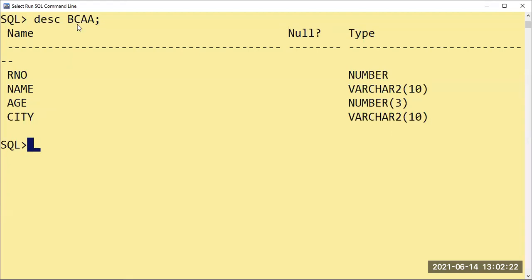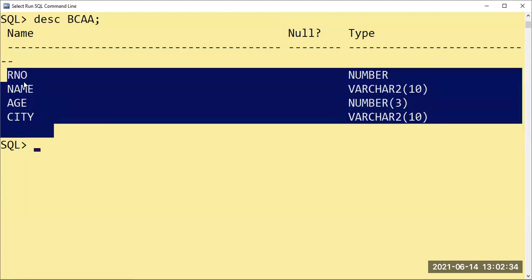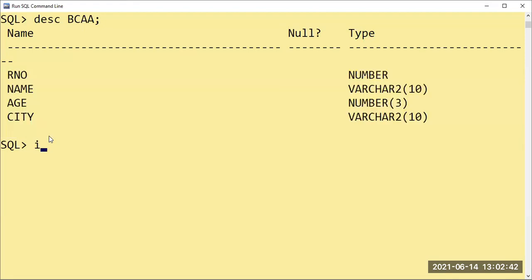Those who had not attended the class last time, you can have a look at insertion. To insert the records, you should be aware of the table name and the column names. Right now we have 4 column names: roll number, name, age, city. Okay. So let us start typing insert. Insert is a keyword to add the records in your table. To change anything for the table, you have to use alter table. Now I'll show the insert, then after that I'll go for the drop.